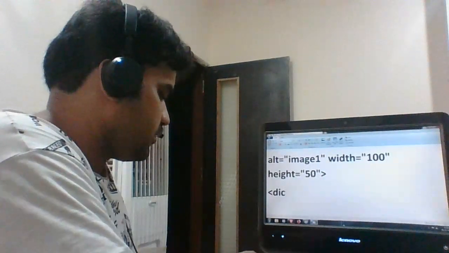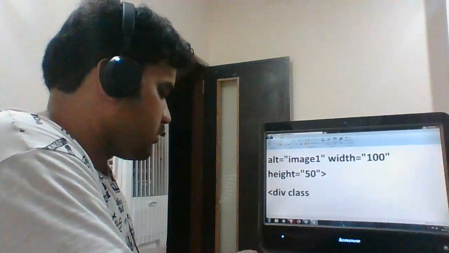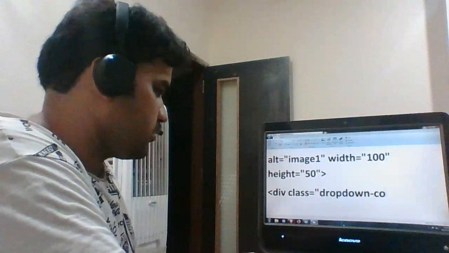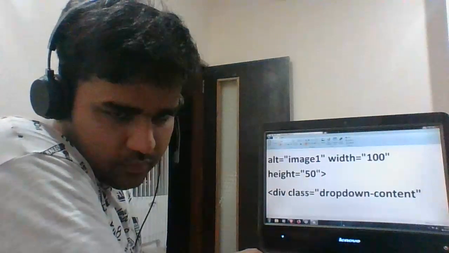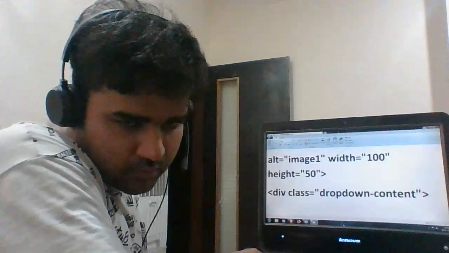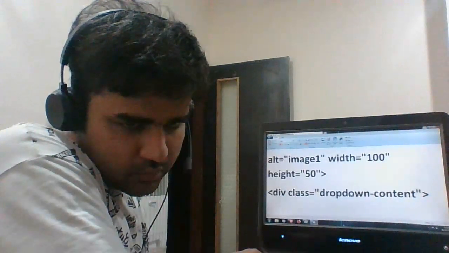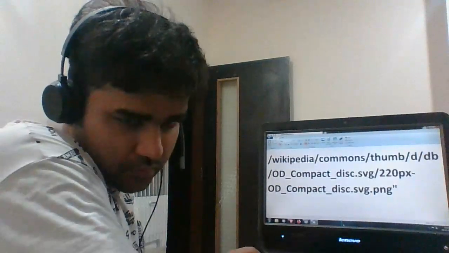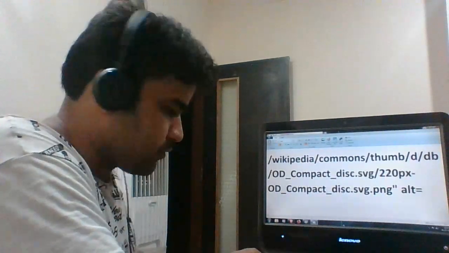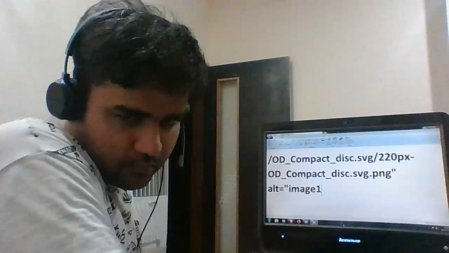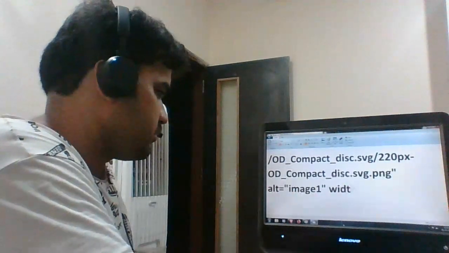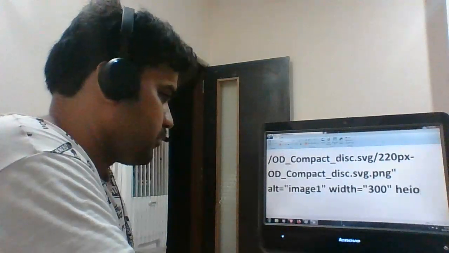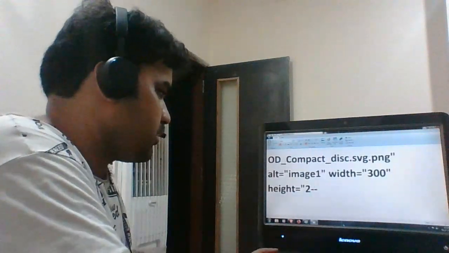then div class equals dropdown-content, and then img src equals, alt equals image1, width equals 300, height equals 200,